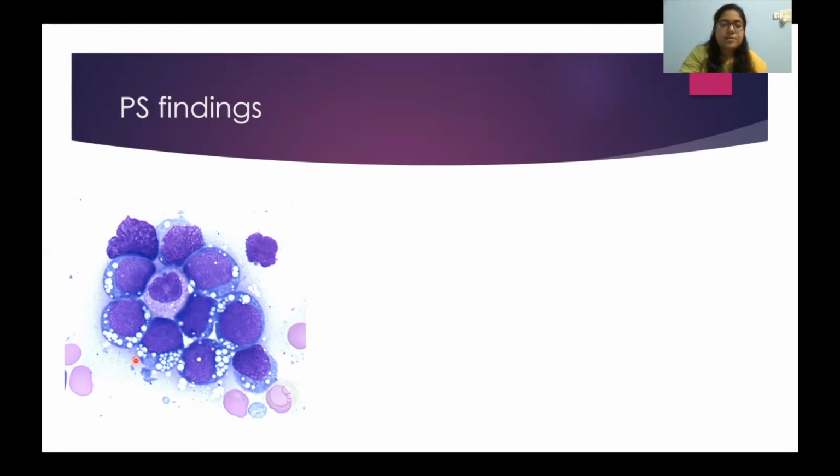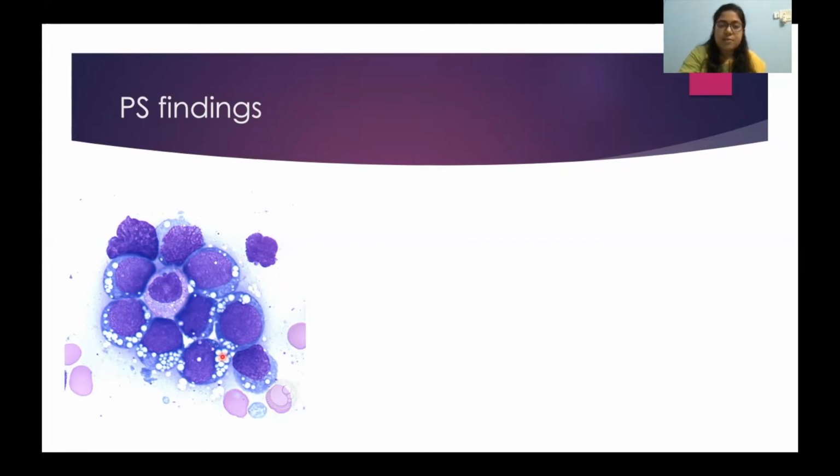Now, Burkitt's leukemia, if you do a peripheral smear, they will have this characteristic finding, which is this type of cells are called the L3 type of lymphoblast, which are large in size, have an abundant amount of blue cytoplasm, which you can appreciate over here, and the cytoplasm will be vacuolated. Unlike the L1 and L2 type of blasts, which will have a scant amount of cytoplasm, these cells are quite huge. They are very big in size. They will have moderate to abundant bluish cytoplasm and vacuolations in the cytoplasm. So that is quite characteristic of these Burkitt leukemia patients.